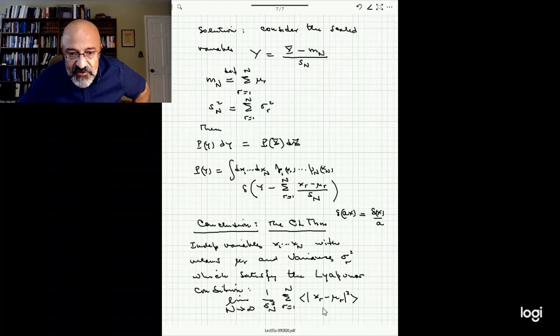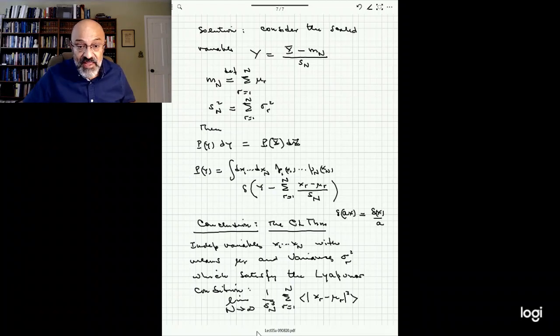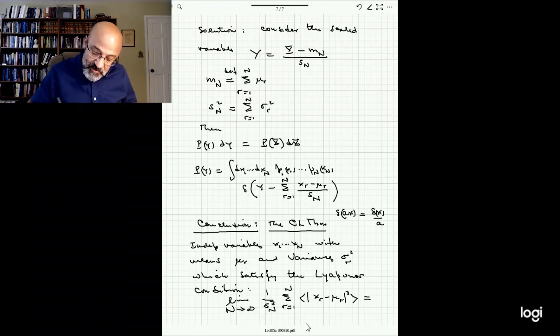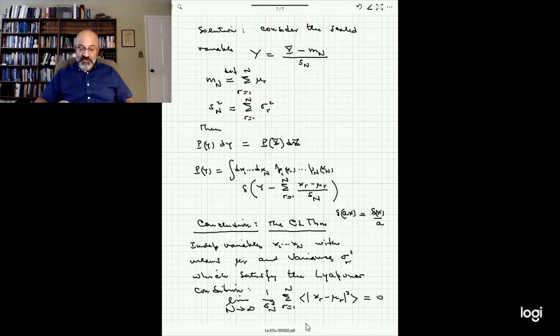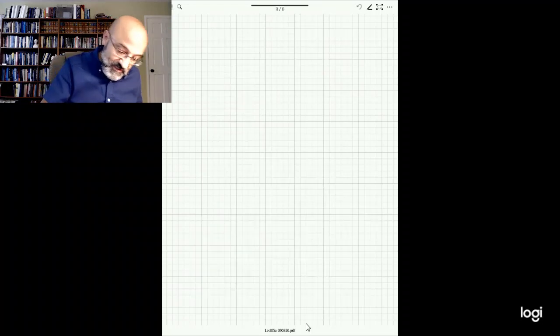So this was looking at the first moment. This is the second moment. What we are looking at here is how the third moment of these distributions behaves. And the condition is that this limit is 0. If those limits go to 0, then